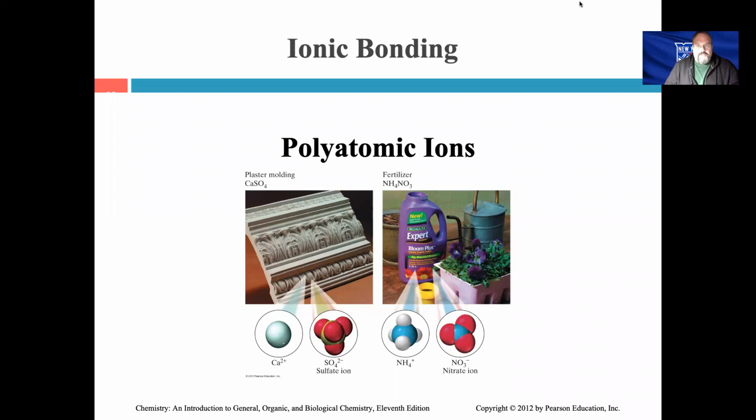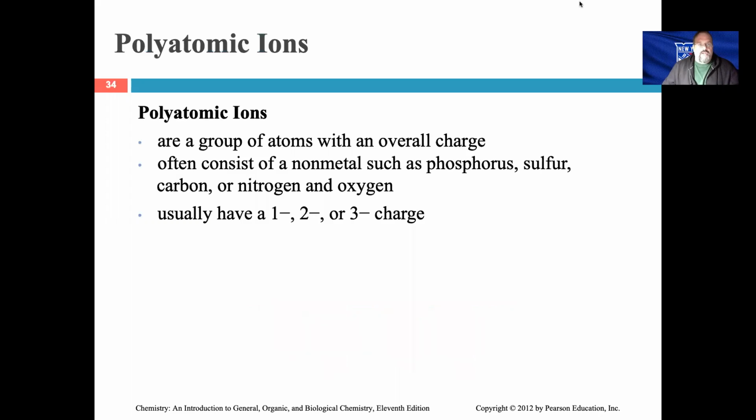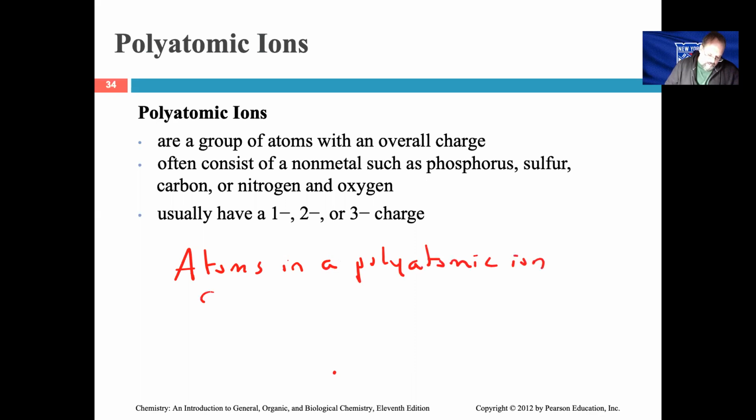Okay, so the last part of our discussion in terms of ionic bonding focuses in on ionic compounds that contain what are known as polyatomic ions. So essentially, in a polyatomic ion, you have a group of atoms that has obtained an overall charge. Now, the interesting thing about polyatomic ions is that the atoms in a polyatomic ion are held together